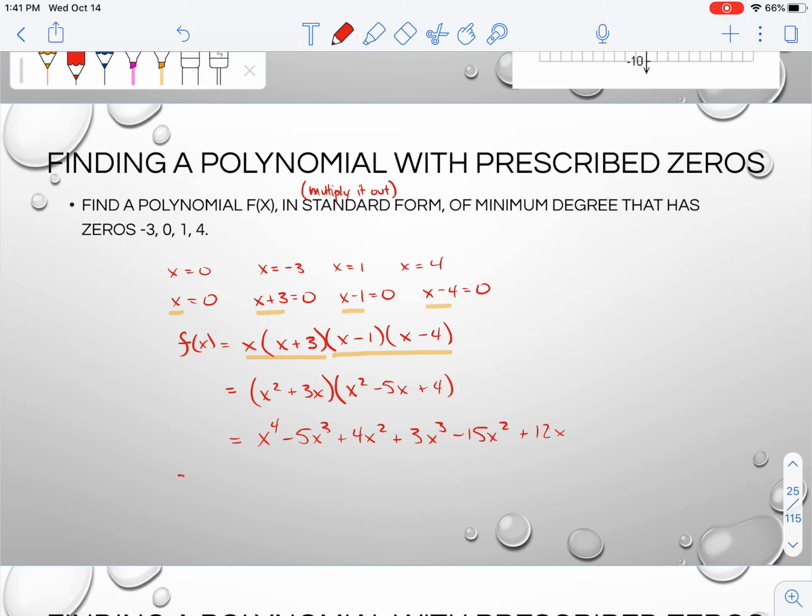So when I combine like terms then, we're going to have f of x equals x to the 4th minus 2x cubed minus 11x squared and plus 12x. Okay, this is now a polynomial in standard form. That gives me the zeros or solutions listed above. So I've essentially taken that process that we just did of factoring and solving, and have gone from the actual solutions, worked backwards to the factors, so I could write it as a product of factors, and multiplied it out. Okay,